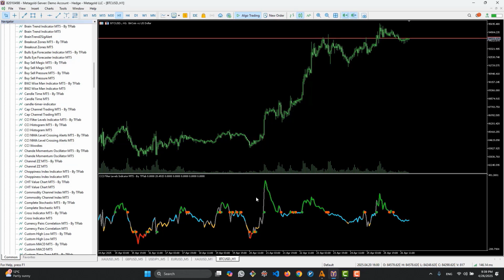When the CCI value exceeds the positive trigger level, it is shown in green. When the CCI falls below the negative trigger level, it is shown